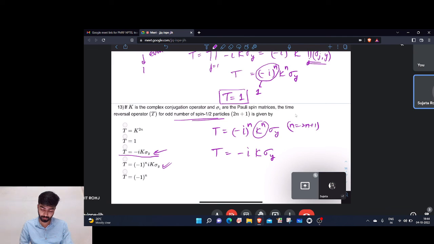I never thought this would go wrong, but today... So maybe they wanted the generalized answer, so they took -1 to the power n. But it actually simplifies to the shorter form. This goes directly if one puts in the value of n. I think one can defend that this is the perfect answer, but in the generalized expression, -1 raised to power n does not give that much of a wrong answer.